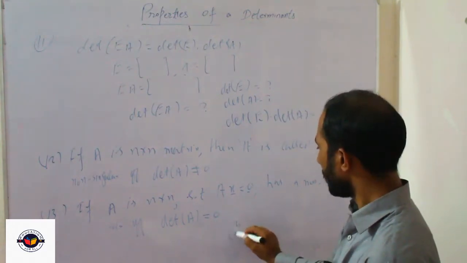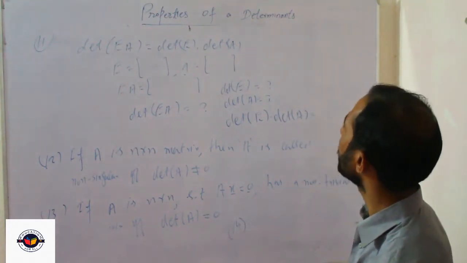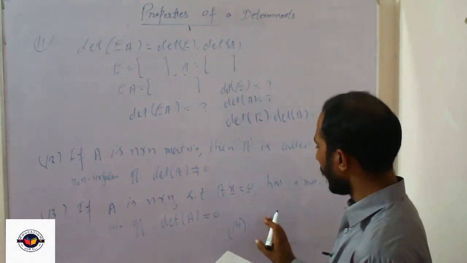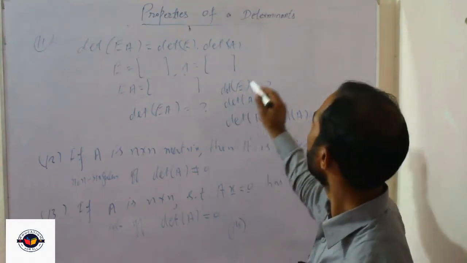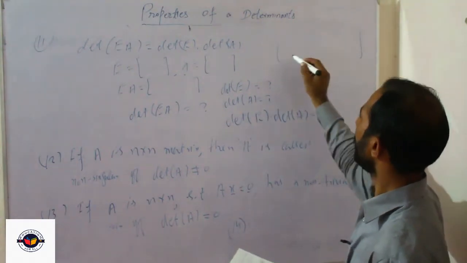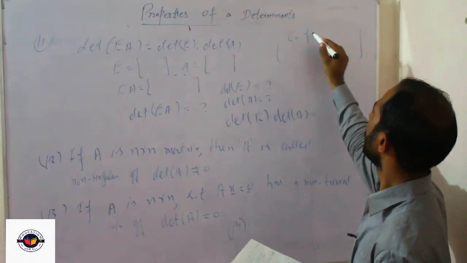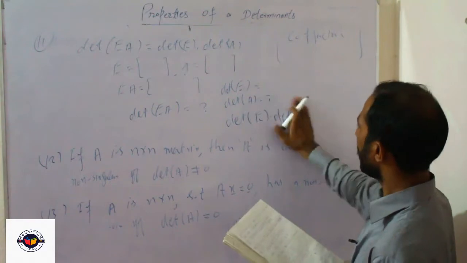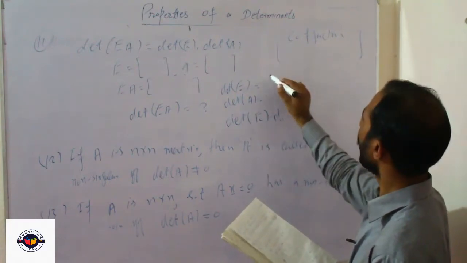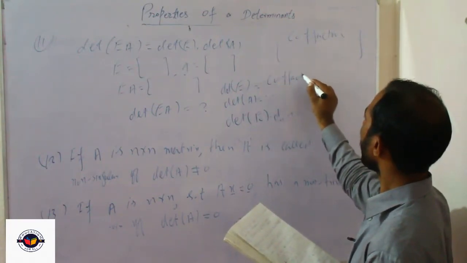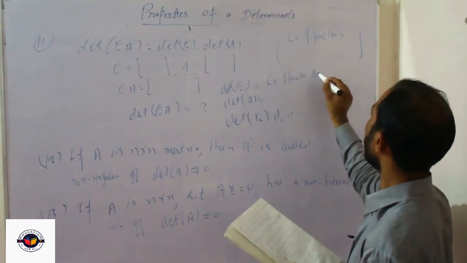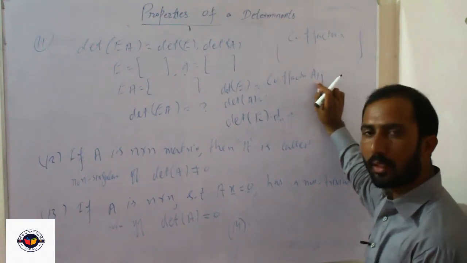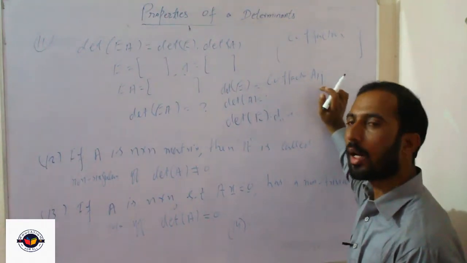Next, the last property of this determinant. We also calculate determinants of higher orders with the help of cofactors. So first we will learn how we calculate the cofactor. The formula for the cofactor of a certain matrix whose element is at position ij, meaning the row is i and the column is j.